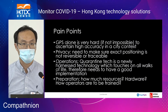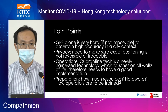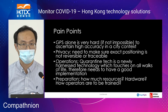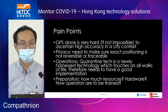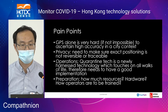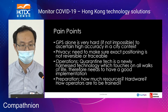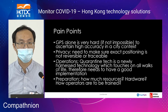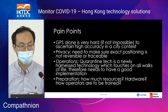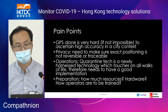And for the other country, the solution based on GPS and the other hardware may not work because the GPS may not be accurate in a city-wide level for all the homes. So we have to track different signals and GPS and different sensors in the app and in the hardware to do geofencing and the locationing. And the other pain points of the app is the privacy. How to know that user stay at home without knowing its absolute position is challenging. And we are able to do that by recording the initial position of the users and the changes of the